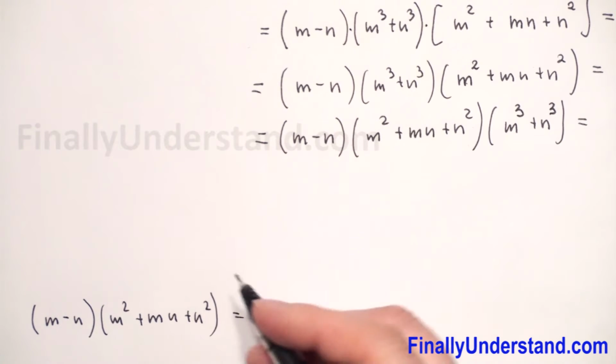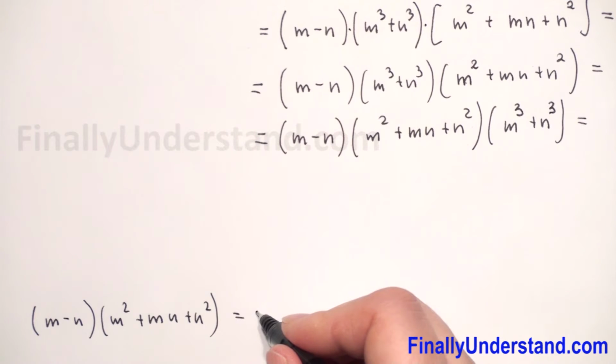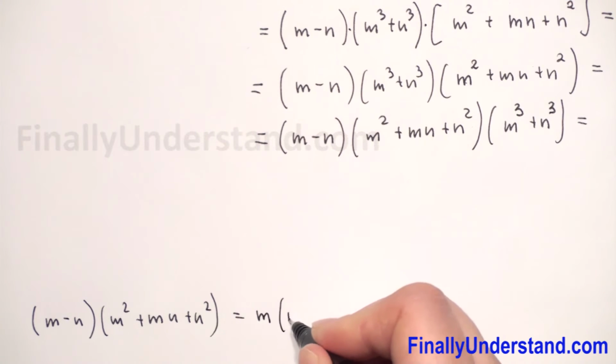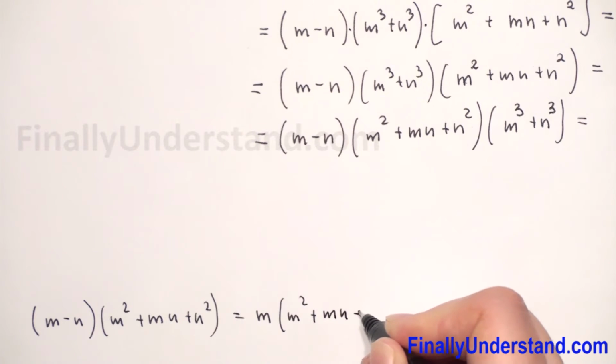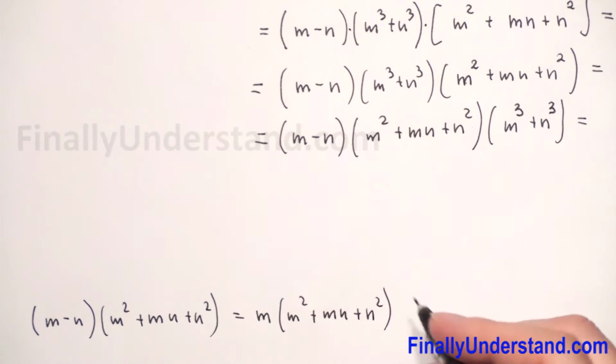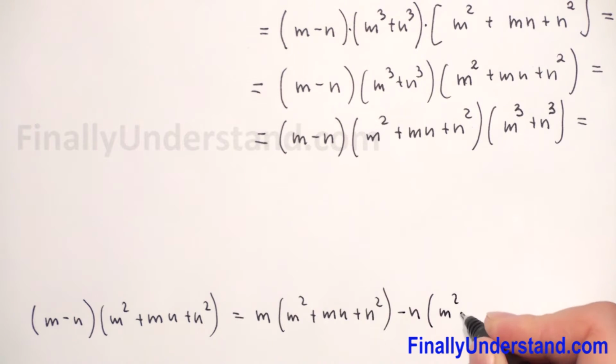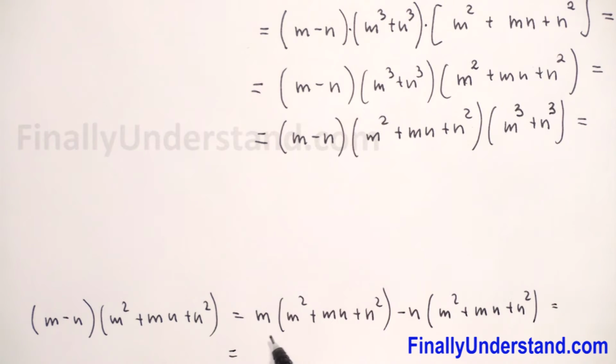So we have m times m square first. So it means we have to multiply m times m square plus mn plus n square. And now we have negative n times m square plus mn plus n square. So this is equal. Now we have to multiply every term in parentheses by m. So m times m, we have m square of course, plus m times mn plus m times n square minus, and now we have a negative sign before parentheses,